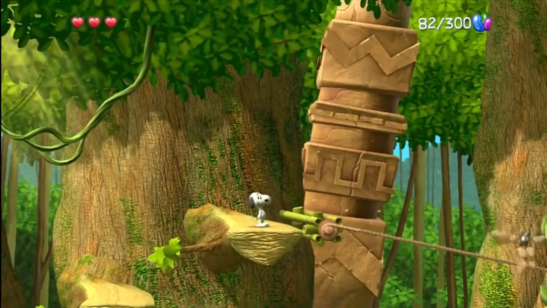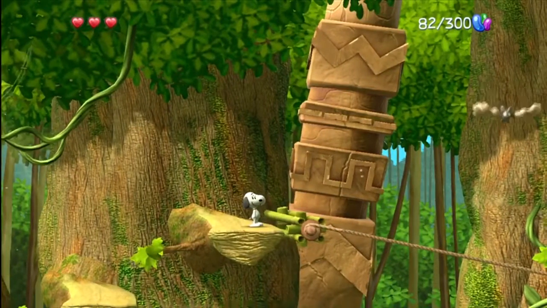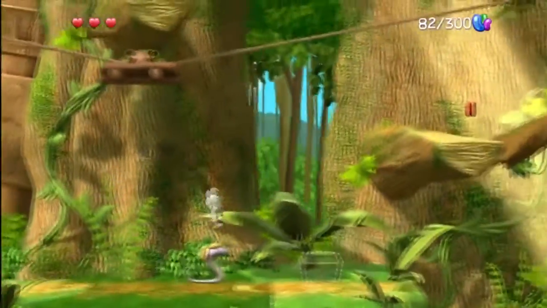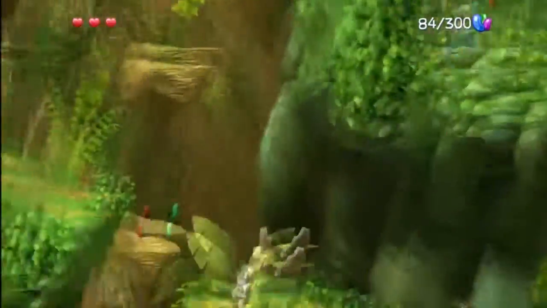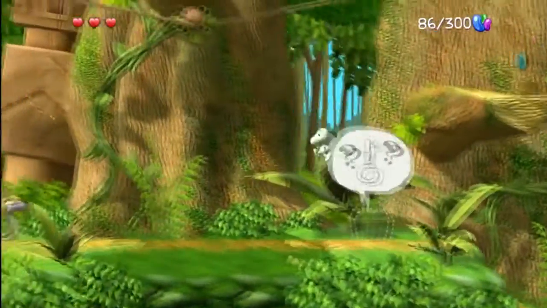Actually, can I use my... I might try to use the... Oh, that's kind of annoying to use though. Come on back, platformer. Come on, you can do it. Oh, no, well, maybe I can get around. Can I find a way to jump over there without getting on that? No. Dang it. All right. Let's go back there and...